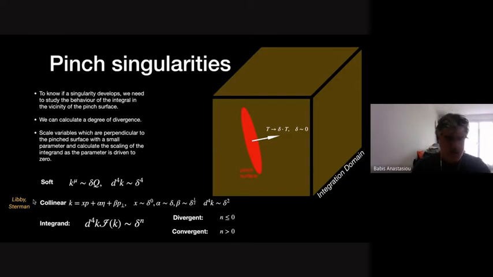The collinear singularities are a little bit more complicated, so they are extended, but you can parameterize the components, some of them to lie on the plane of the singularity and the others away, and then you can scale them again in a way so that the denominators are remaining on shell, and you can again see whether there is a collinear or soft singularity. So we have this power counting criterion in order to be able to assess whether a singular surface is indeed singular enough to give a divergence when you integrate the amplitude.